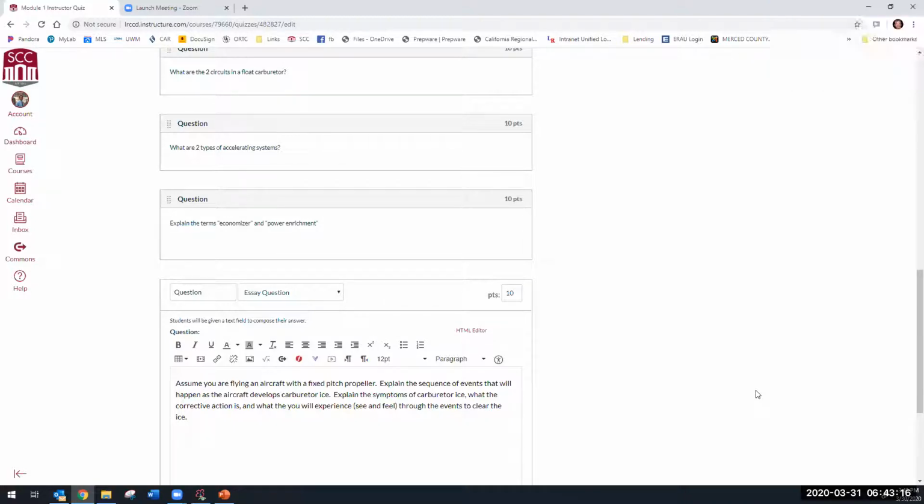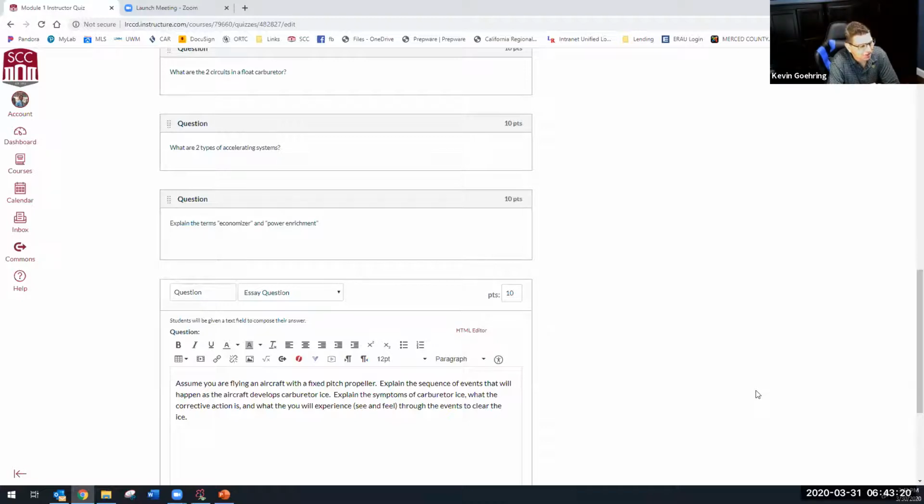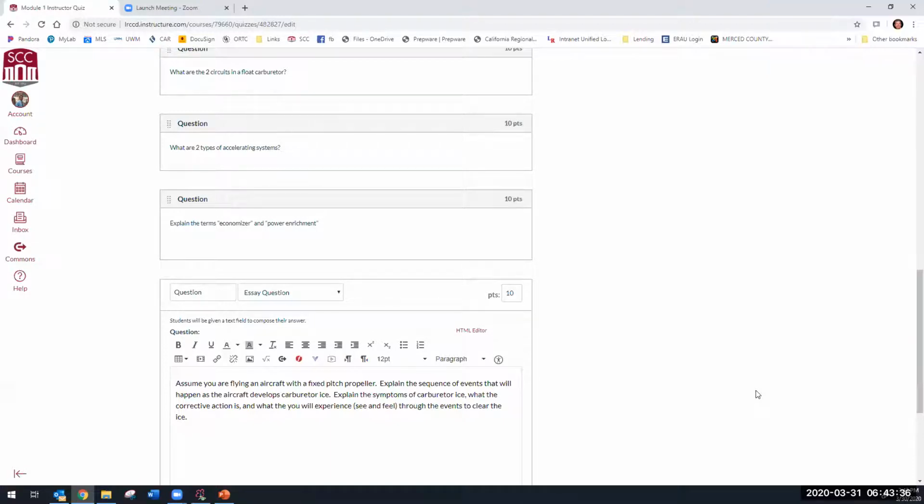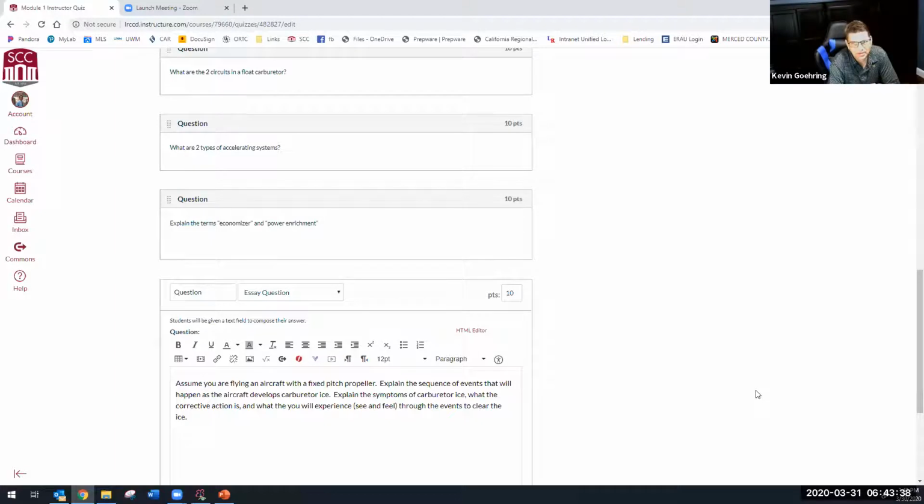Because in a fixed pitch propeller, there's nothing to change but the RPM. But in a constant speed propeller, the propeller is going to start changing its pitch angle. It's going to start flattening out. The prop's going to do whatever it has to do to keep that engine at that RPM, to a point. So it'll go flatter and flatter and flatter. So yeah, that's a relationship then. Yep. And because it keeps going flat, the RPM is going to stay the same, but you see the manifold pressure drop.